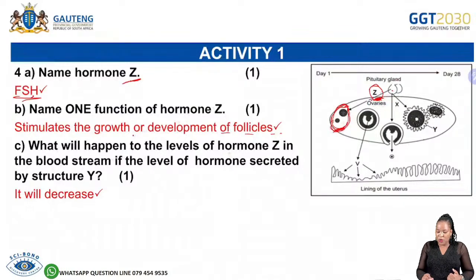Then what will happen to the levels of hormone Z in the bloodstream if the level of hormone secreted by structure Y